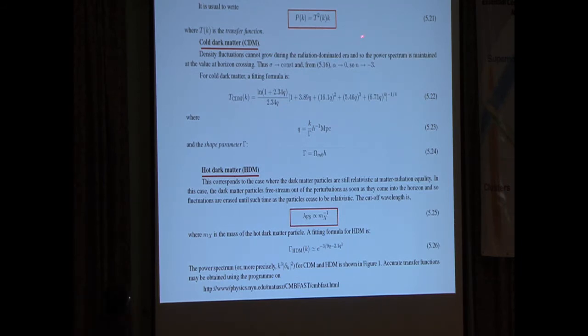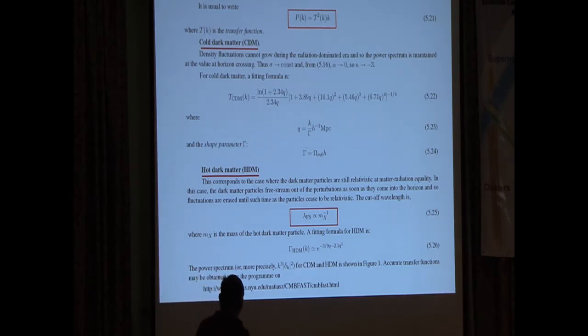So if we could actually measure this transfer function, we would learn a lot about the identity of dark matter. Now, one other very simple fact that can be derived from those equations is that because of the Mészáros effect, which causes fluctuations in the cold dark matter to stall during the radiation-dominated era, it's very easy to see that the power spectrum asymptotically goes to n equals -3 in that notation I mentioned earlier. So the power spectrum of cold dark matter, as we'll see in a minute, at large wavelengths is proportional to k to the first power because of the Harrison-Zel'dovich spectrum, and on small scales it asymptotes to n equals -3 thanks to this epoch